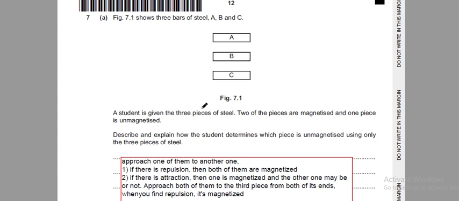Three bars of steel, A, B, C. Two of them are magnetized, one is unmagnetized. Describe and explain how to determine the unmagnetized one using only the three pieces of steel. So if we approach A to B and both of them are magnetized, we approach them by, for example, approaching A from one end to B